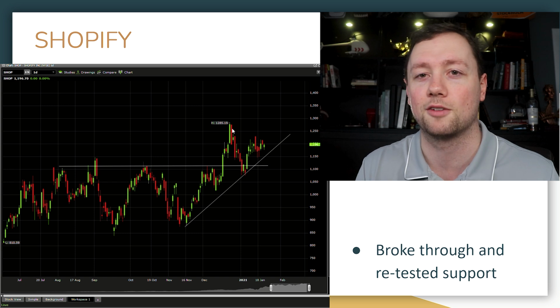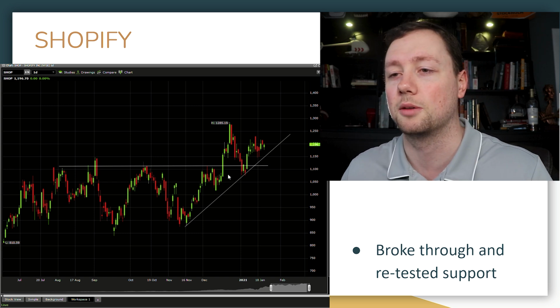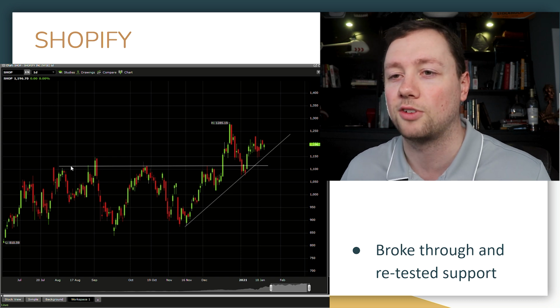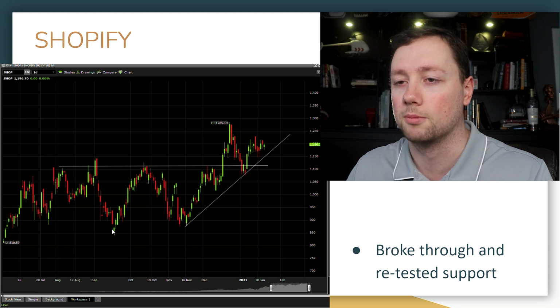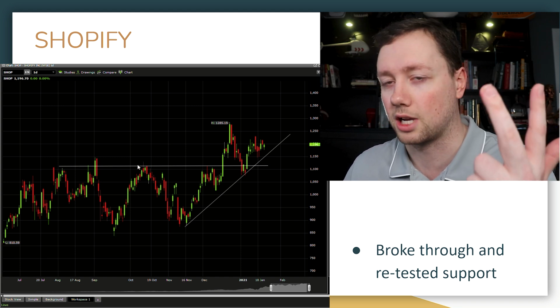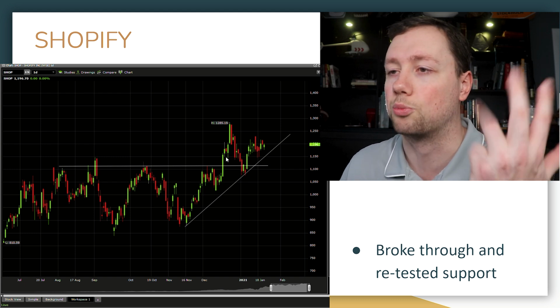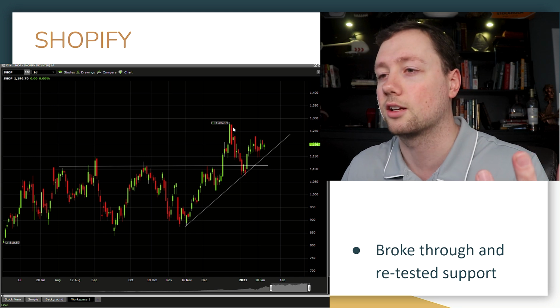swing here in a matter of just a couple of months in one of Canada's largest tech companies, which is absolutely amazing. And so when I look at Shopify, I say, okay, we've got very clear resistance at 1100. We've dropped down by more than 5% several times. We've retested 1100 several times, so we've checked all the boxes there. We have a breakout of 1100 all the way up to 1285, so there was definitely a clear trading opportunity